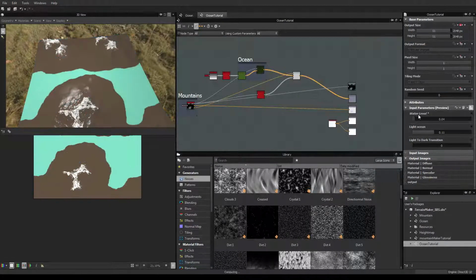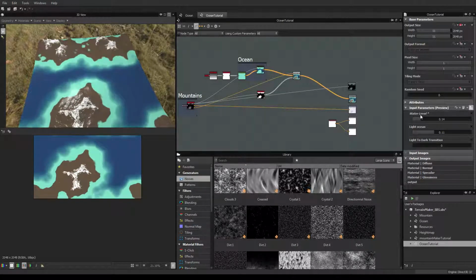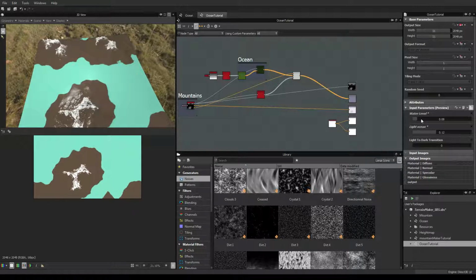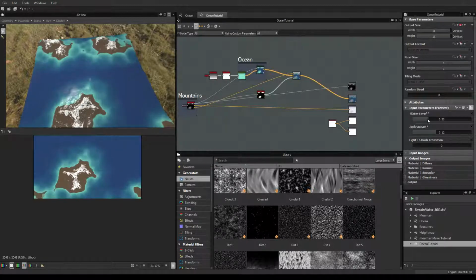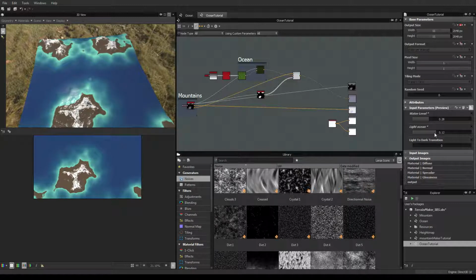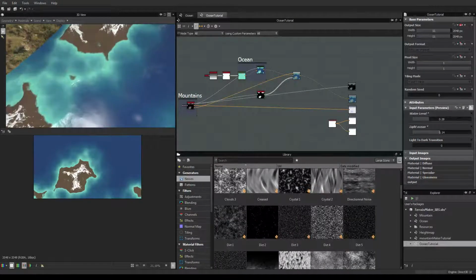Here there is a bit too much, so we are going to put a bit more like that. This is something that we'll have to cap. We'll do it in the final tweaks. And